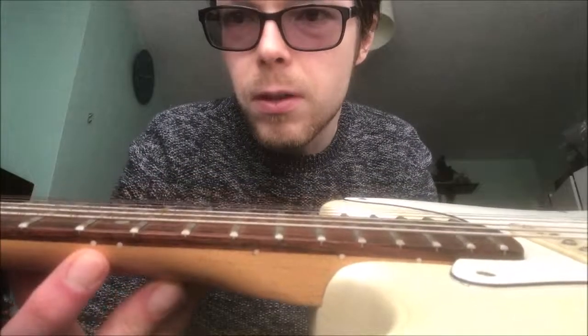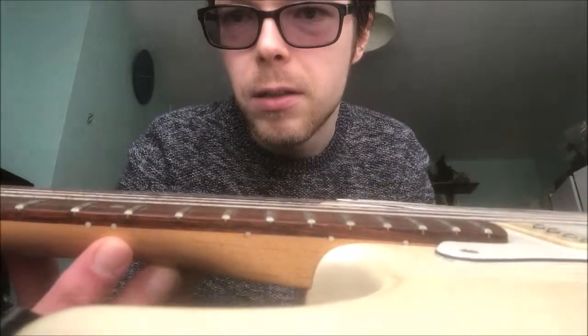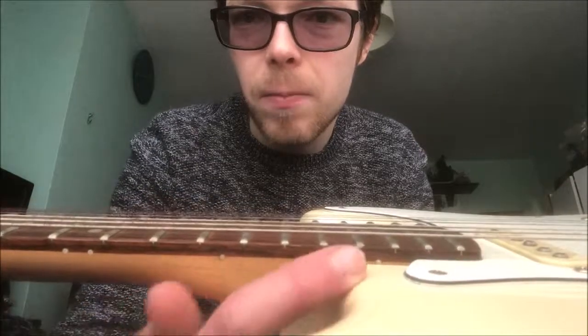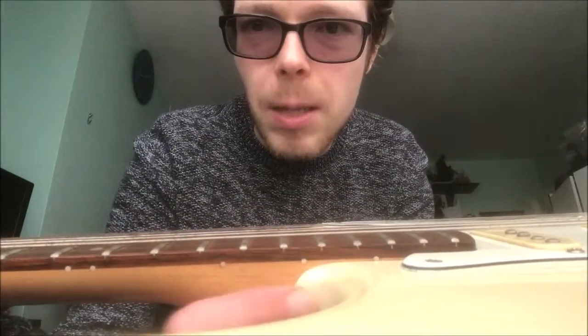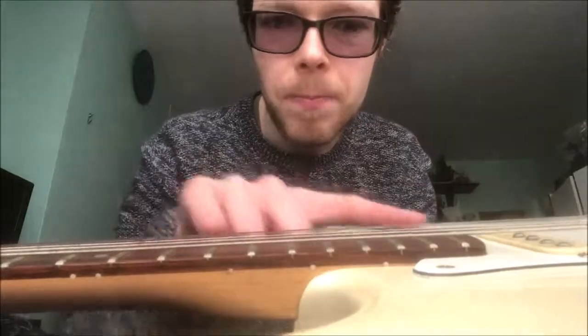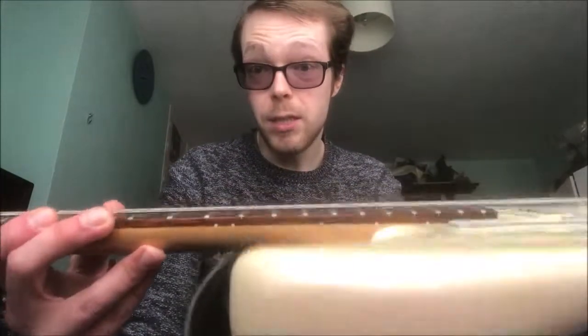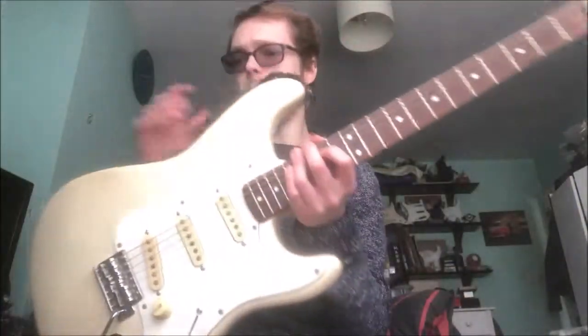because if you look at the side dots, you can see how they're always sort of half on the fretboard, half on the maple neck. You can see there it's just starting to dip in. So I'm going to put a little shim in this side, and that's going to raise it up a little bit, and then hopefully it'll be a bit better. So I'm going to show you how I've been doing that to my cheap Stratocaster types,